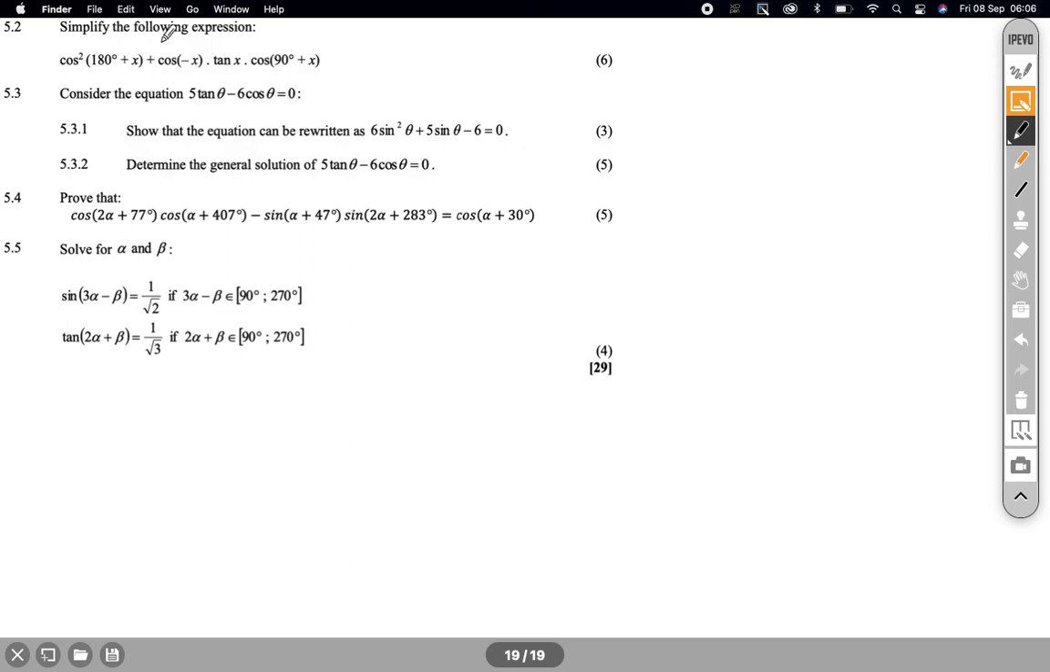So we have that. Simplify the following expression: cos squared (180 plus x), and then we have cos of negative x times tan x, and cos of (90 plus x). So I want you to imagine,